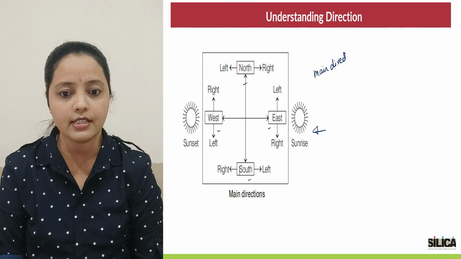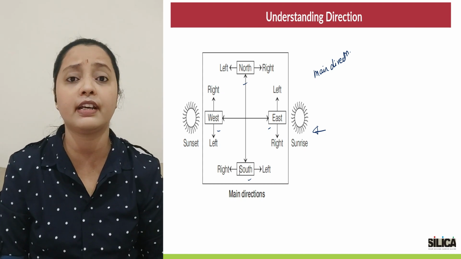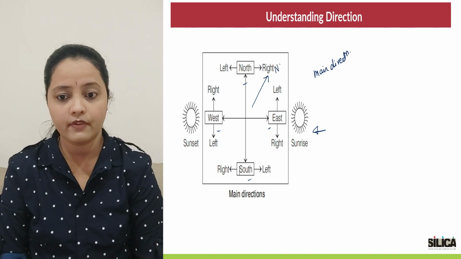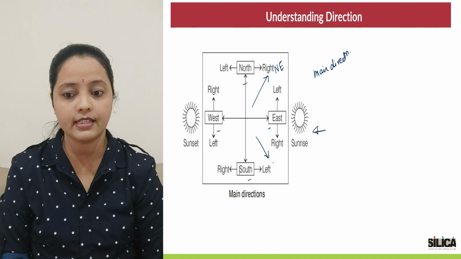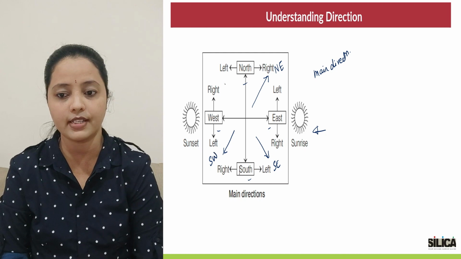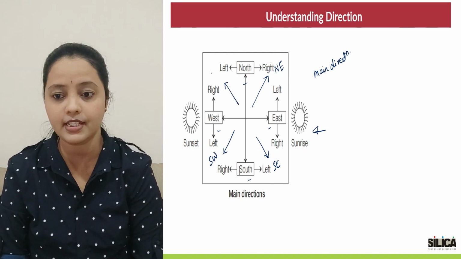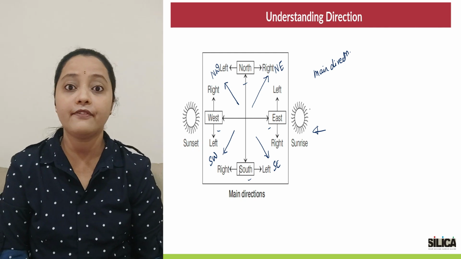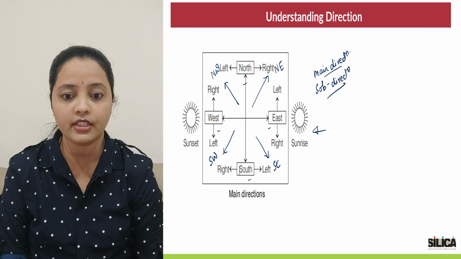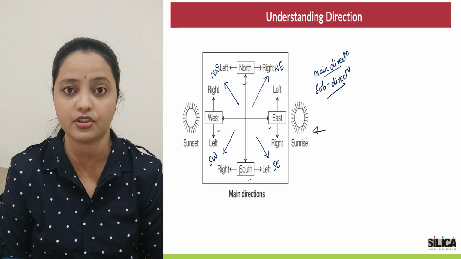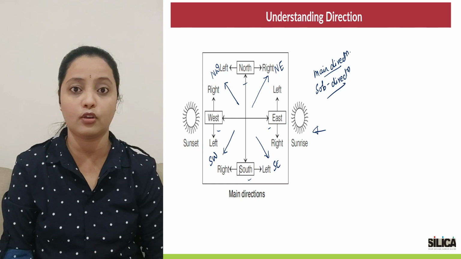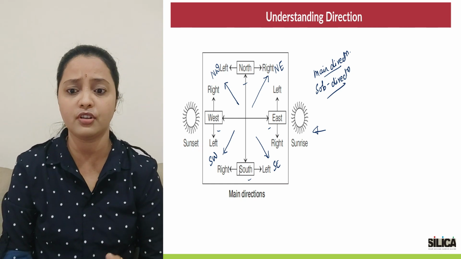Now apart from these, there are another 4 directions that I would like you guys to consider. Now what are those? The direction that lies in between north and east, we call it northeast. The one between east and south is called southeast. The one between west and south is called southwest. And the last one that lies between north and west is called northwest. The ones that I've written in blue are called sub-directions. So in direction sense, whenever there's a question regarding direction identification, you'll have to think about these 8 directions. Our main directions are east, west, north, south, and the sub-directions are the combinations, like, say, northeast,